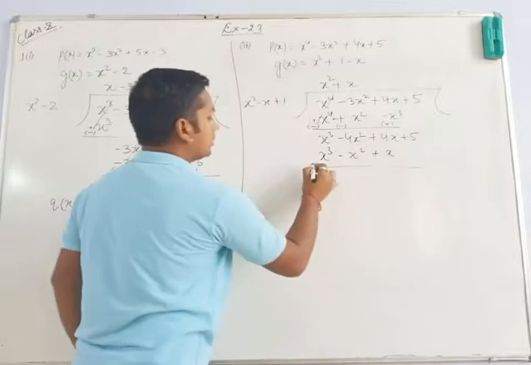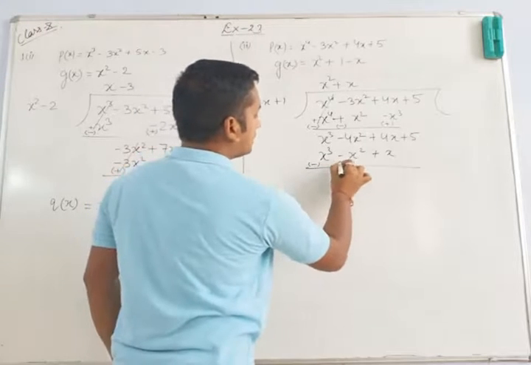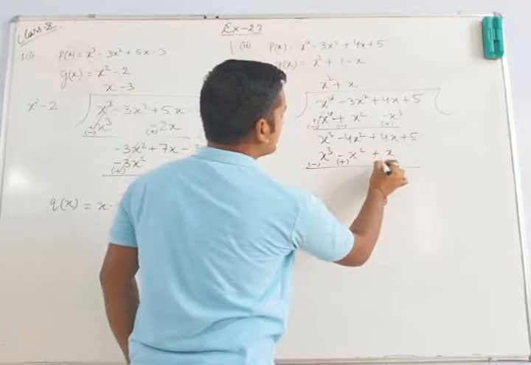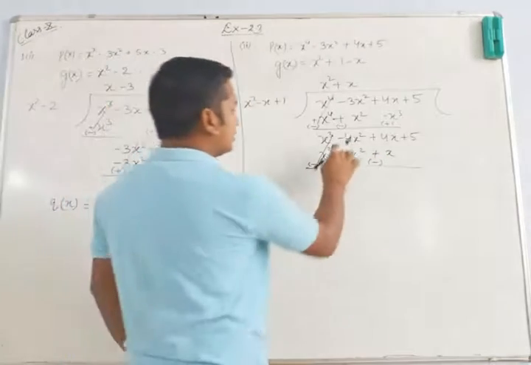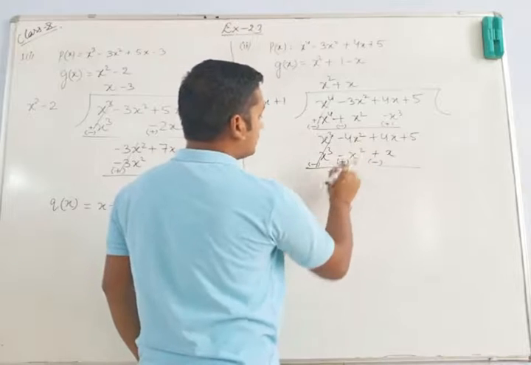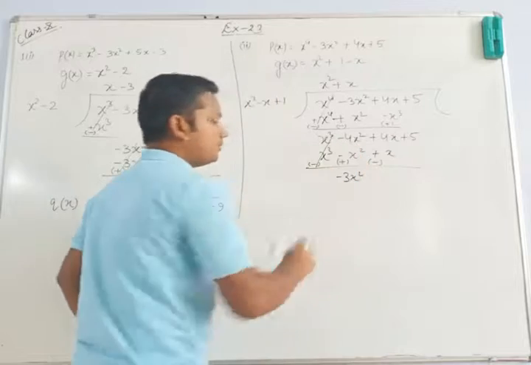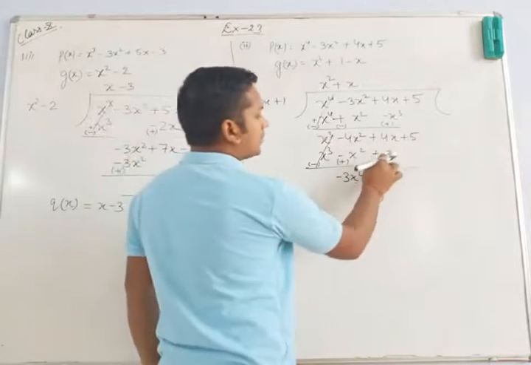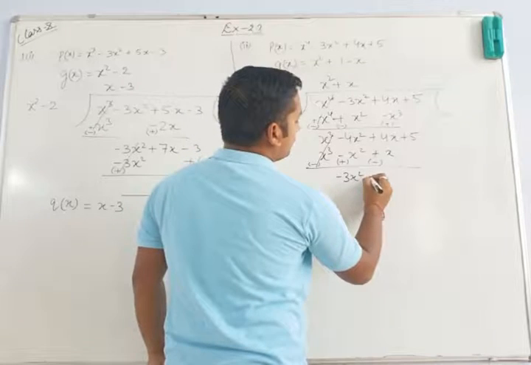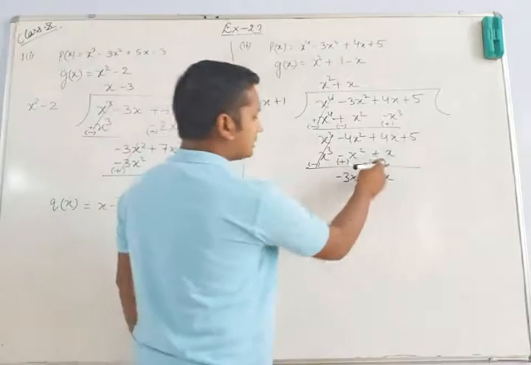Okay, so now it is what? This is originally positive, it will become negative. ये ओरिजिनली नेगेटिव है तो पॉजिटिव बन जाएगा, ये पॉजिटिव है तो नेगेटिव बनेगा. Okay, this will be eliminated. Now minus 4x square plus x square will give you minus 3x square. Why? Because both of them will be subtracted. One is negative, one is positive. Now here plus 4x minus x will give you plus 3x, क्योंकि एक टर्म क्या हो जाएगा, सब्ट्रैक्ट होगा because it is negative.